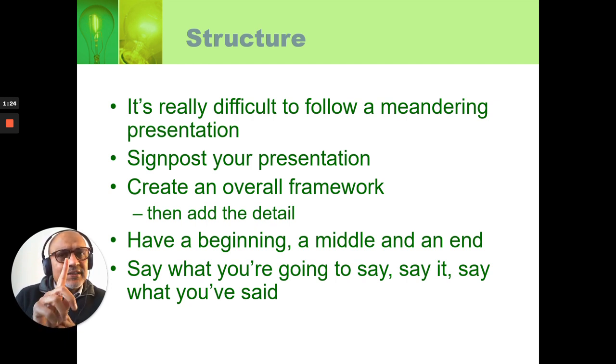So your presentation also requires a structure and a clear path. If you don't have a structure or a clear path, then your presentation is going to go here, it's going to go there, it's going to go everywhere. And when your presentation goes everywhere, it goes nowhere.